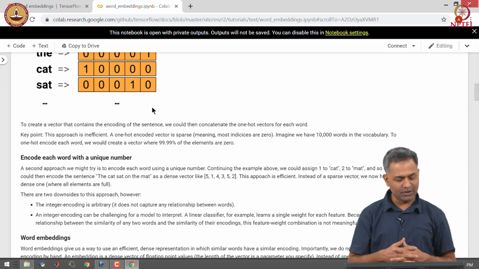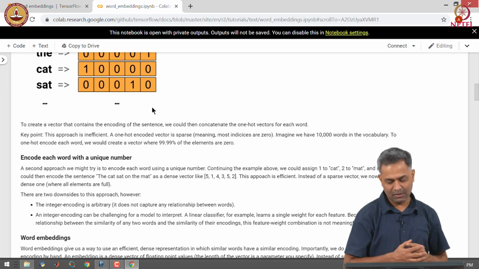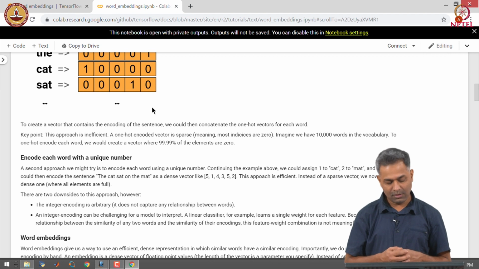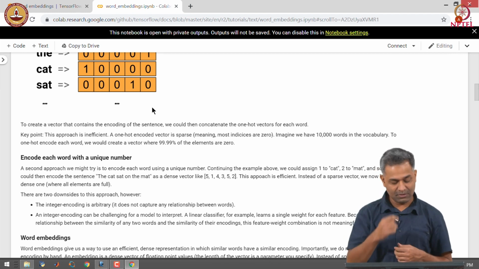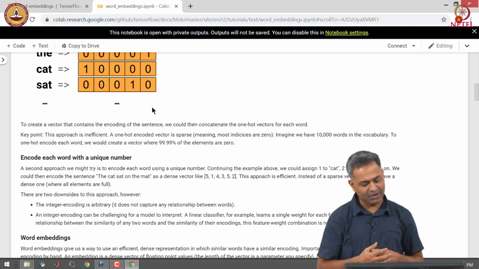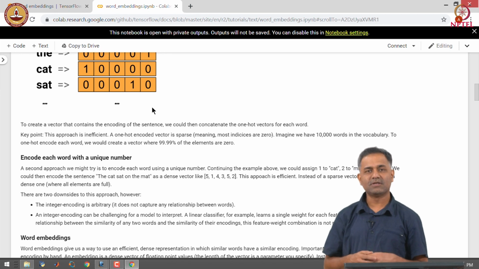An integer encoding can also be challenging for a model to interpret, that is the second drawback. A linear classifier, for example, learns a single weight for each feature. Because there is no relationship between similarity of any two words and the similarity of their encoding, the feature weight combination is not meaningful.